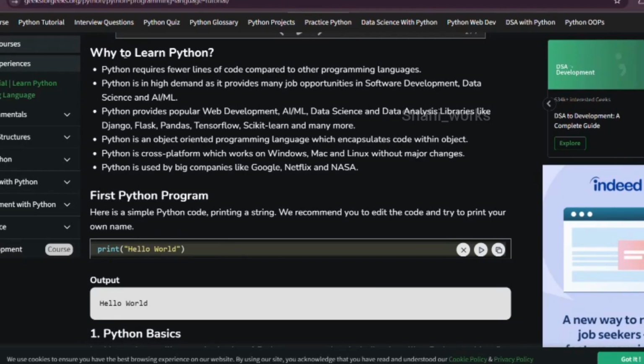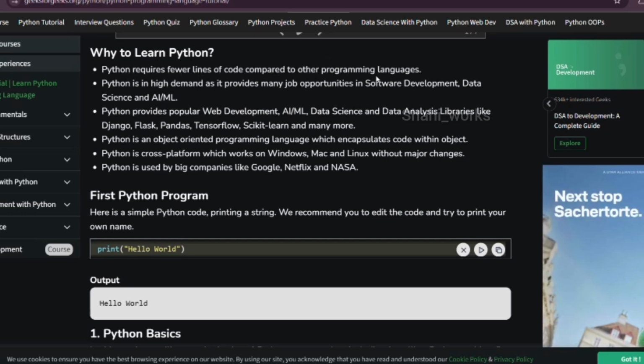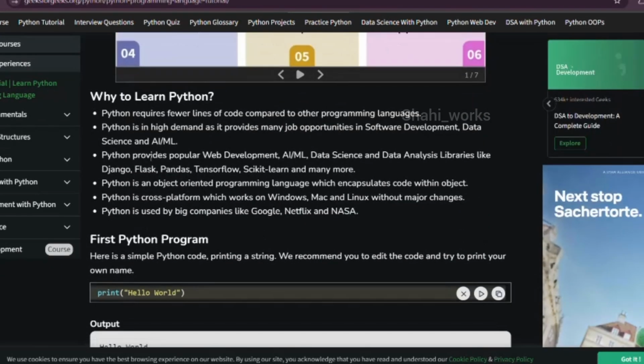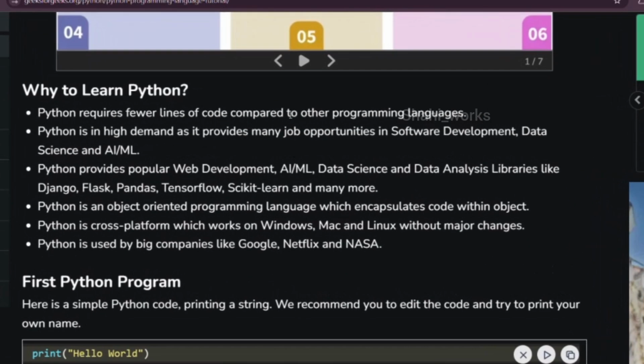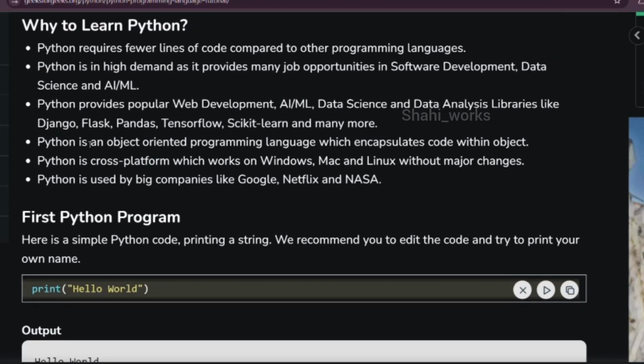So now we learn why to learn Python. Python requires only fewer lines of code compared to other programming languages like Java. There you need to write multiple lines of code. But in Python, you can get your output in 2 lines of code. Also, Python is in high demand as it provides many job opportunities such as software development, data science, and AI/ML. Also, Python provides popular web development, AI/ML, data science, and data analytics libraries like Flask, Pandas, TensorFlow, Django, Scikit-learn,